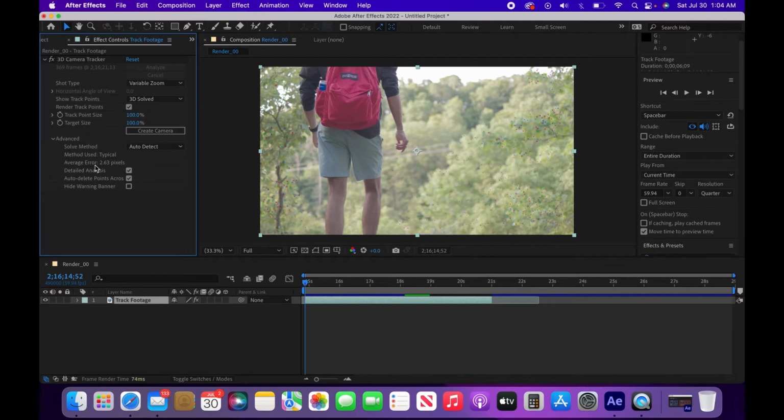Basically, you put it up here, you change all your stuff, and then it's going to start analyzing. You're going to have that little blue banner across the screen saying analyzing, and then it's going to solve. Once it's done solving, you're going to end up with this. So you got a whole bunch of little track points on the screen. If you go to your track point size, we can blow those up a little bit. So let's move those up to like